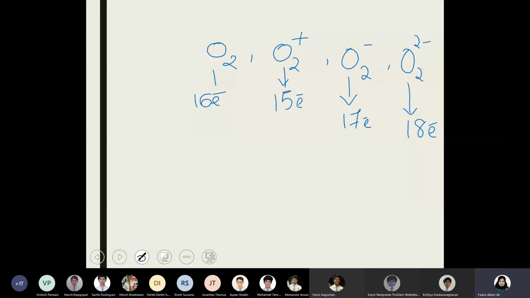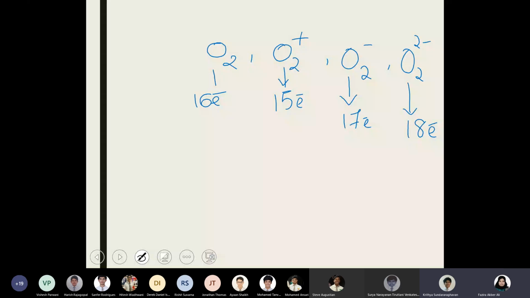But the rule is the same, right? The electronic configuration, then you can apply the same rule in all these cases. Maybe you can arrange them in the order of their stability. All this can be asked. Stability means you have to calculate the bond order, and magnetic property means you look into the number of unpaired electrons, the presence of unpaired electrons.